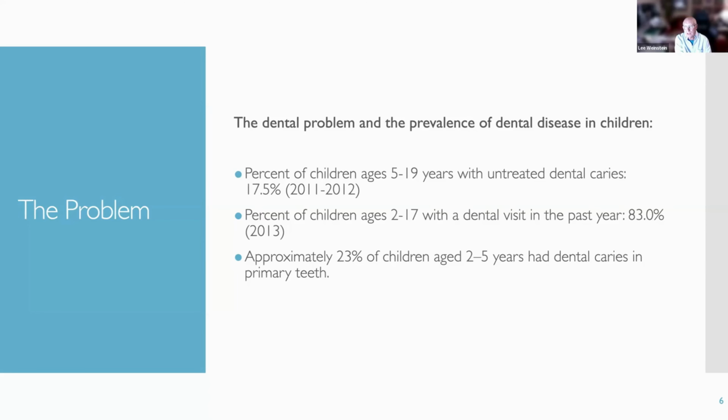We were doing well, and this is in the United States. The world has gone down dramatically as well, and these numbers are reflecting what happens in the United States. But worldwide, the percentage of children between 2 and 17 was down in the 50s and 40s, if not lower. Approximately 23% of the children between 2 and 5 have had dental caries in primary teeth. That is an astounding number. That number has gone up. Diet and dietary changes have made great impacts.